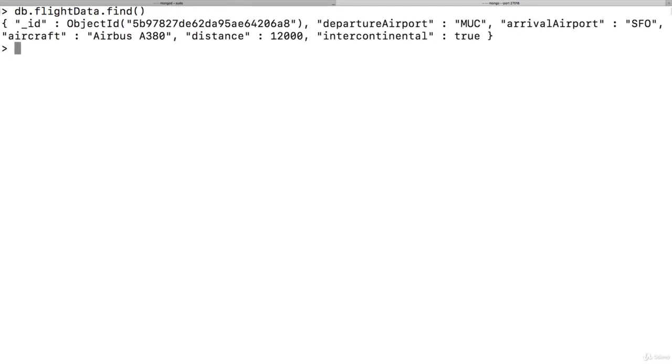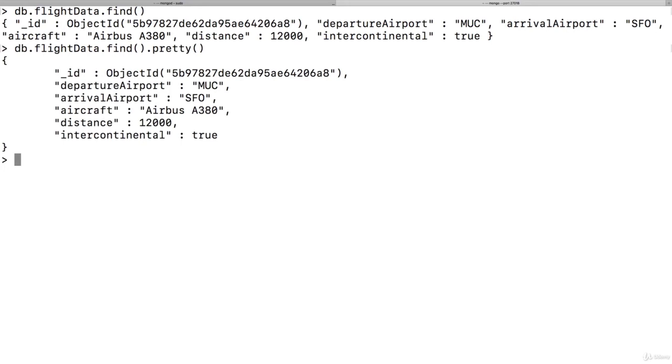Let me clear the console. And again, if I now access flightData, so this collection, now instead of inserting, we can use find like this. And if we use it like this, it will simply return all the documents in this collection. You can also add another dot and then pretty as a function, and this will just make sure that the output we get back is formatted in a pretty way. That's the only thing it does. Find without pretty will also work. It'll look like this, but, and you can press arrow up to repeat your last command, if you add pretty, it looks like this, which is easier to read.